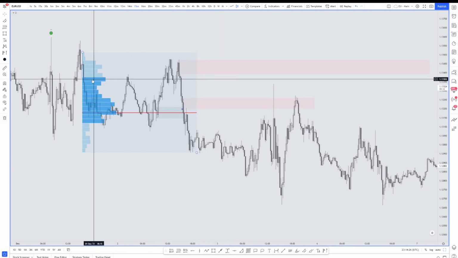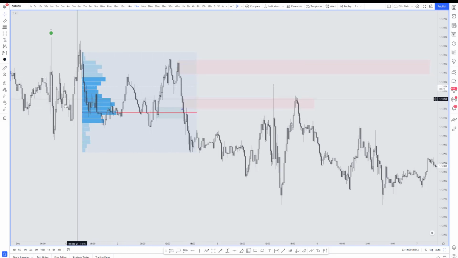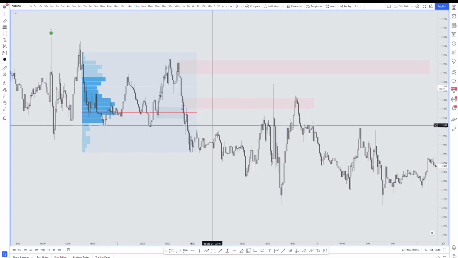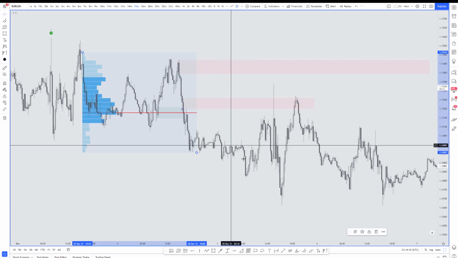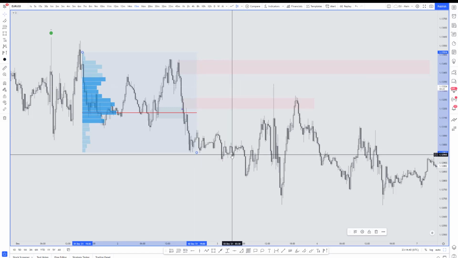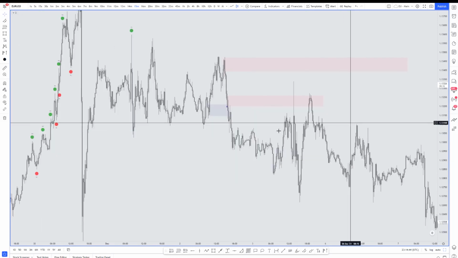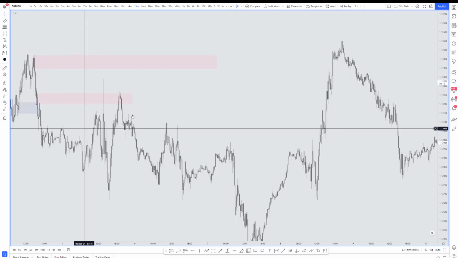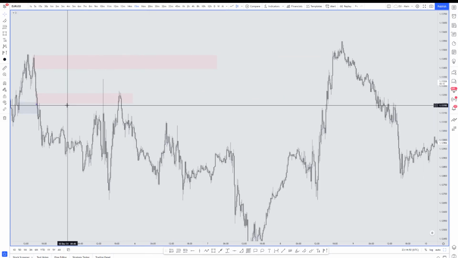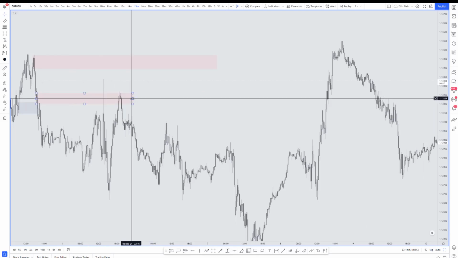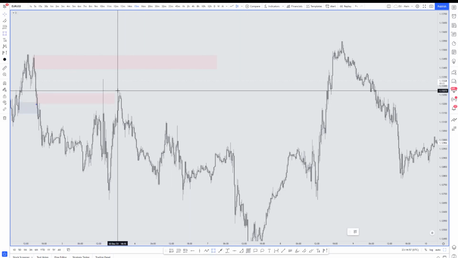What you're going to notice, though, is volume spikes up here. So this makes this a valid POI. You got another volume spike area here, which also happens to be the flip zone. And a lot of times what you're going to find is these flip zones react back and forth. And if you just continue to pull them across, sometimes that'll even give you a POI or a reaction. So let's just pull another one here. So if we pull another supply here,